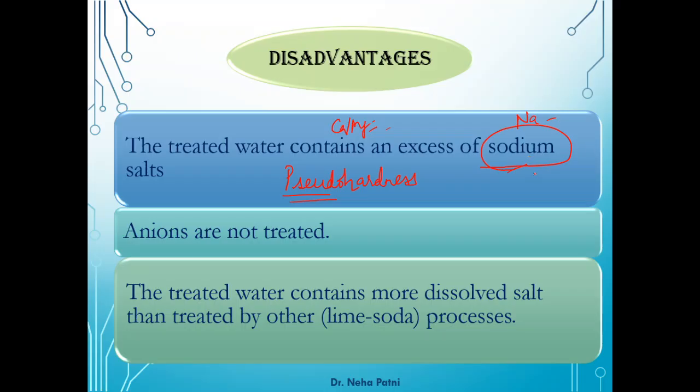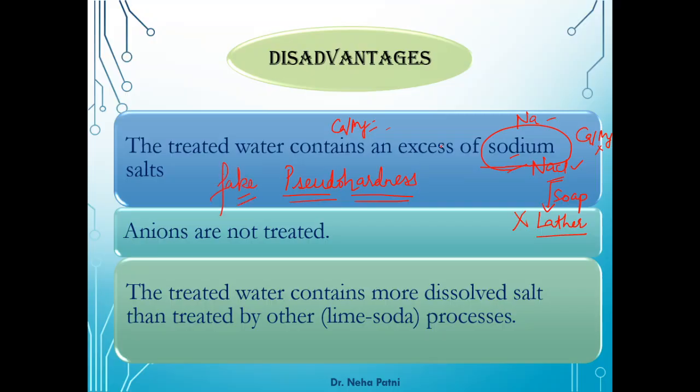What I want to say is, let's say NaCl is in excess in your water, and if you treat it with soap, are you going to get the lather properly or not? No, you're not going to get the lather properly because the water is salty. Now, when you get less lather, you'll assume that the water is hard, but the water is not hard because it does not contain calcium or magnesium, right? This lack of lather formation is because of excess sodium ions, and that is what is known as pseudo hardness. You may assume that the water is hard, but it is not. It is a false and fake hardness.